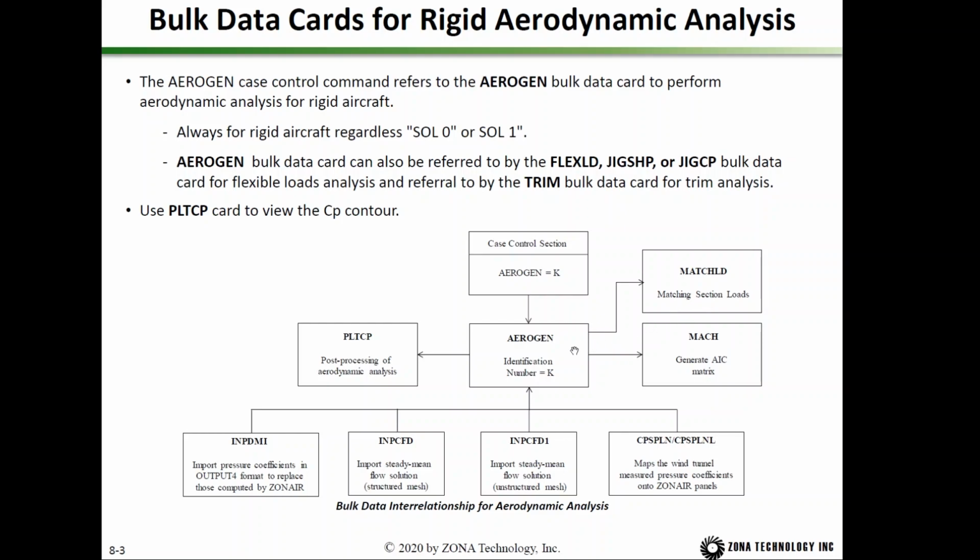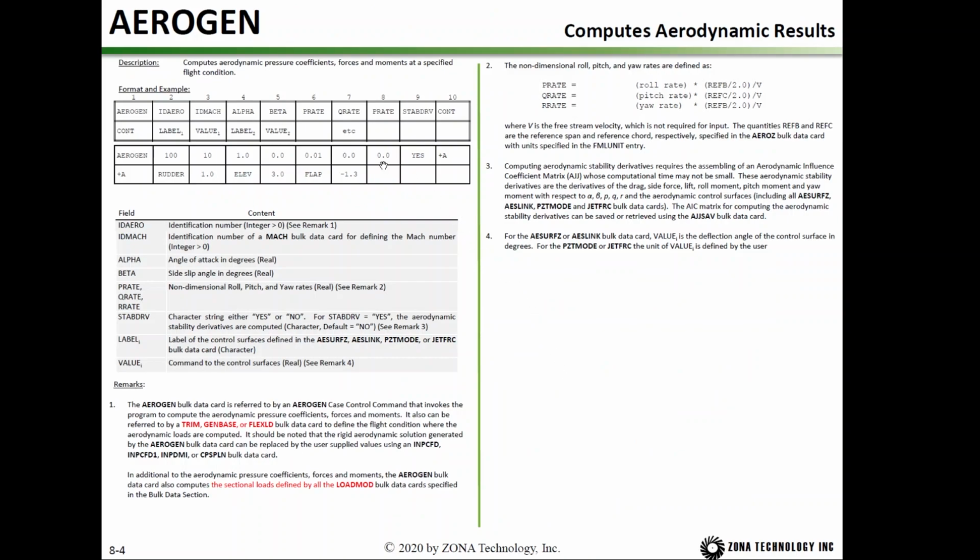use the MATCHLD card to adjust the ZONAIR computed CP in order to match with the wind tunnel measured component loads. You also can replace the ZONAIR computed CP by the CFD computed CP using the IMPCFD or IMPCFD1 card. And also you can interpolate the wind tunnel measured CP to the ZONAIR panel to replace the ZONAIR computed CP. And so you have an AEROGEN card, and you give an ID, and then this ID is referred